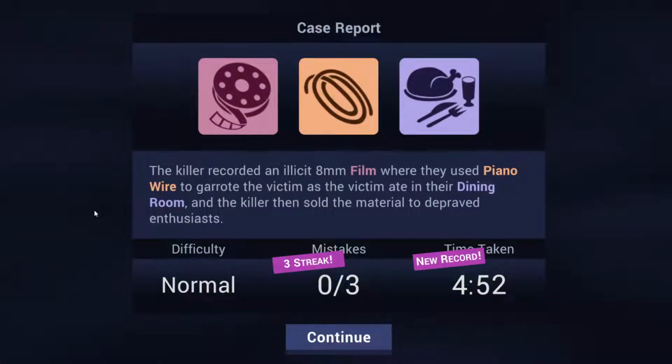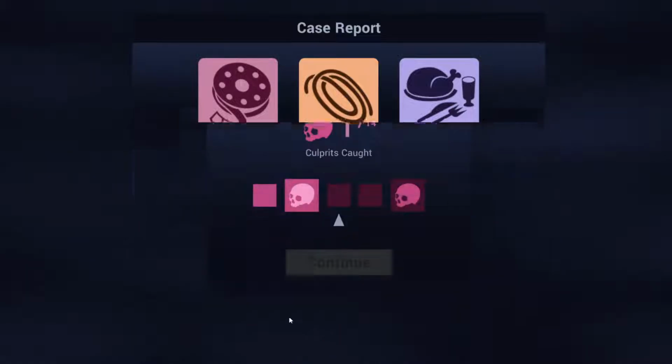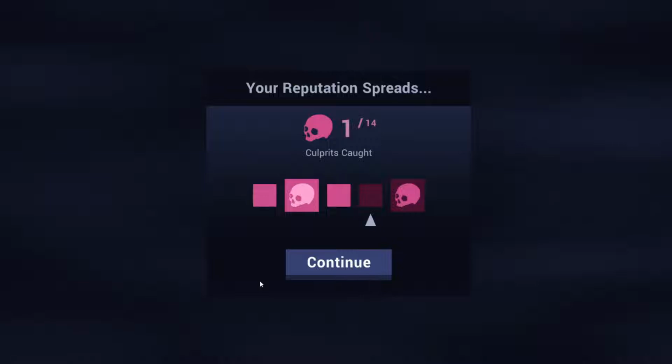The killer recorded an illicit 8mm film where they used piano wire to garrote the victim as the victim ate in their dining room, and the killer then sold the material to depraved enthusiasts. Okay, so